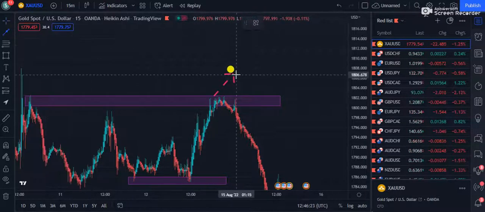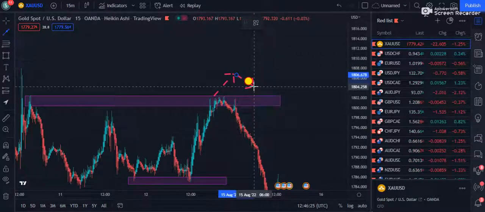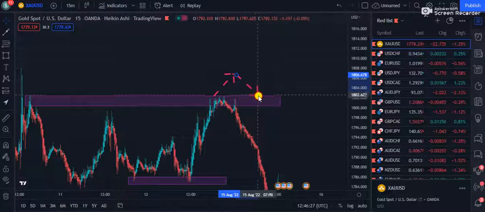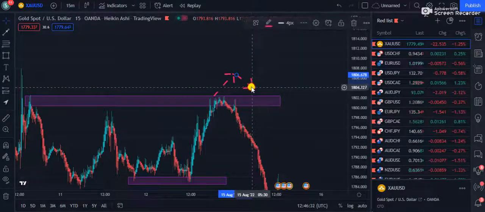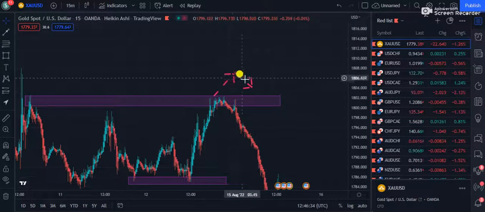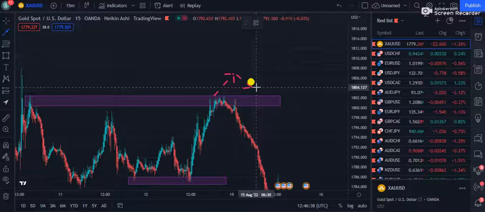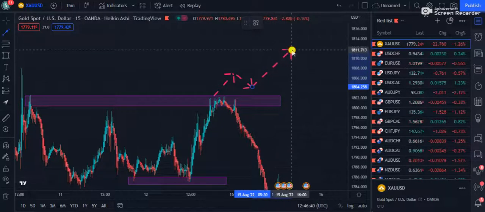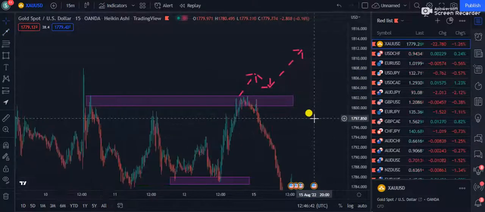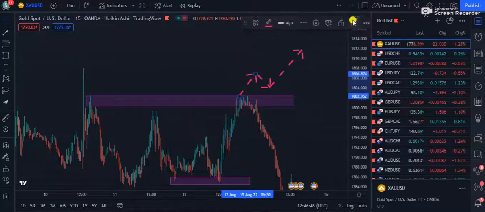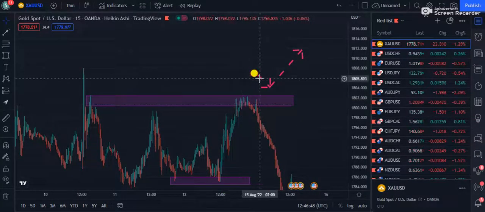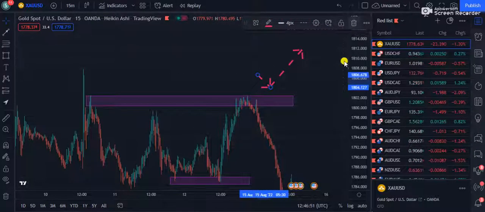First of all, the market will come down slightly like this. Maybe it is going to touch your order block as well, and maybe it is going to touch the halfway. After going up, it will come halfway down, and then when the order block gets broken, it will go straight to the upside with very good bullish moves, right? Try to understand that once the order block gets broken, once the resistance gets broken,